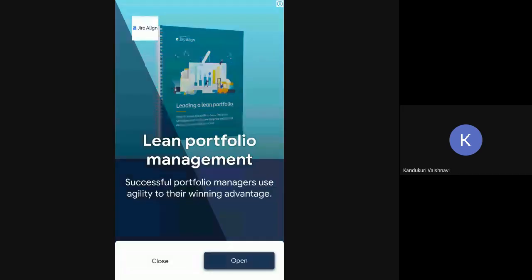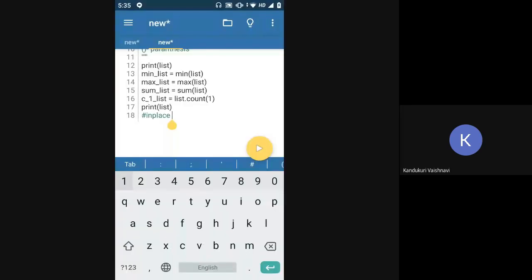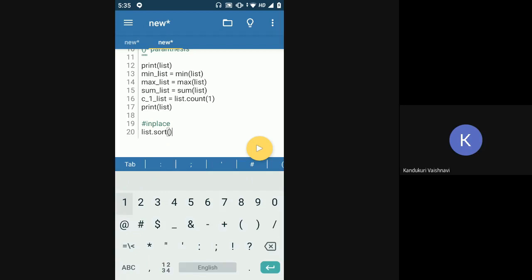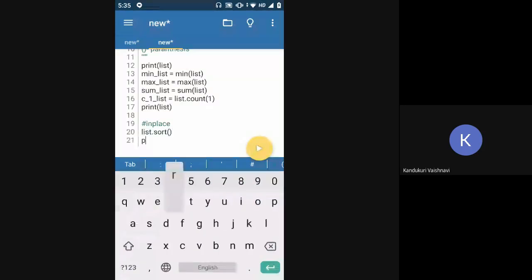But what sort does is, sort will change the main list itself. Okay, so when you are using this sort function on the list, your list will get changed and the list will get sorted. That means list dot sort is how you sort the list. When I do list dot,